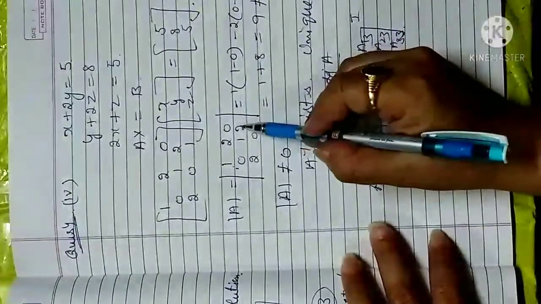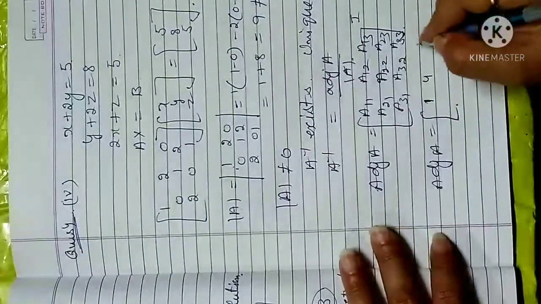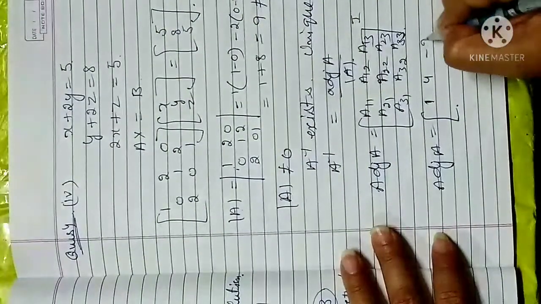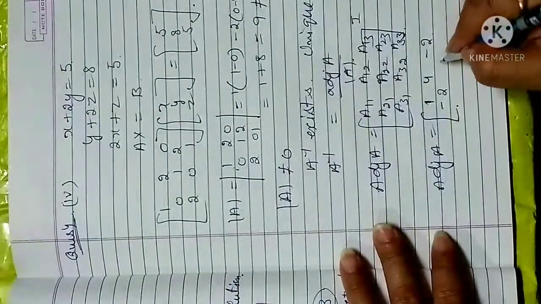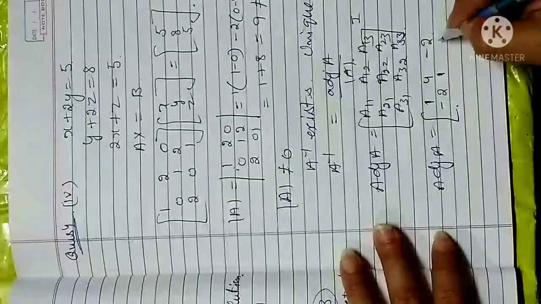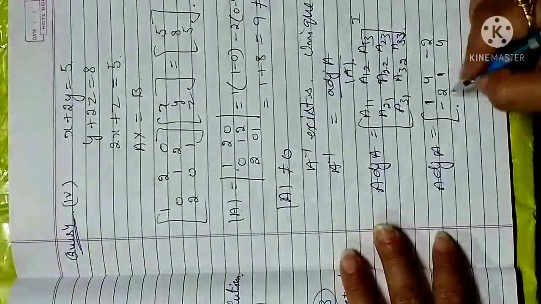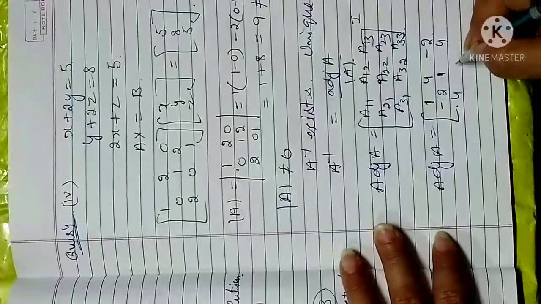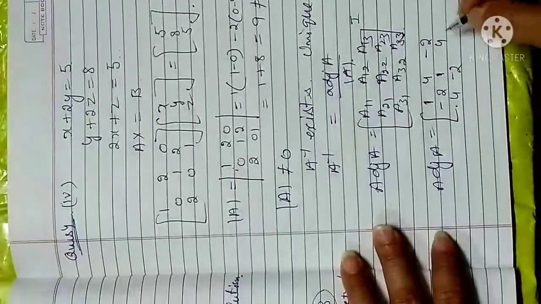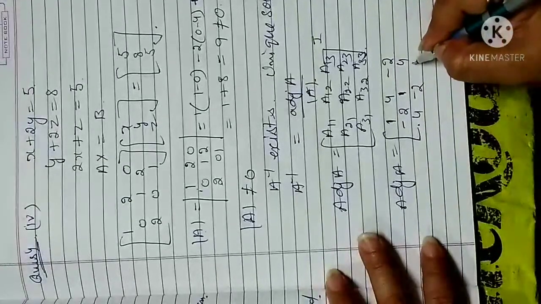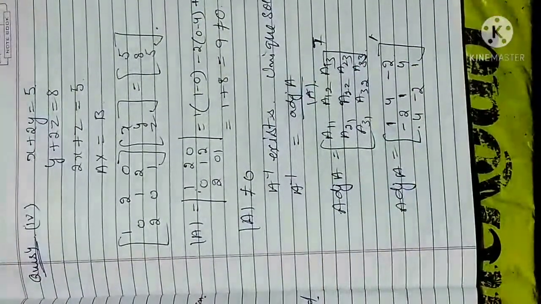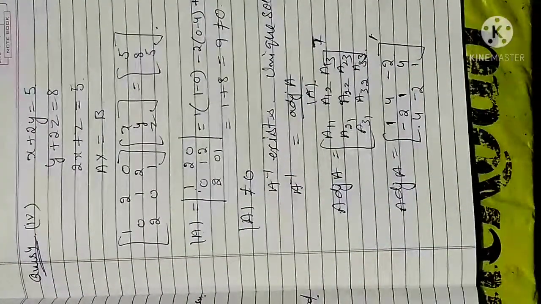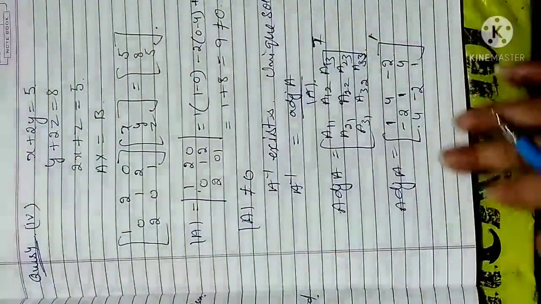So this will be -4 with the negative sign, which becomes positive. And similarly, first row third column is -2, second row first column the connected element is -2, second row second column is 1, second row third column is 4, third row first column is 4, third row second column is -2, and third row third column is 1. After that you go with transpose, or you can mark this sign also. This is the sign of transpose, either you can go with dash or transpose. Now you interchange rows with columns.